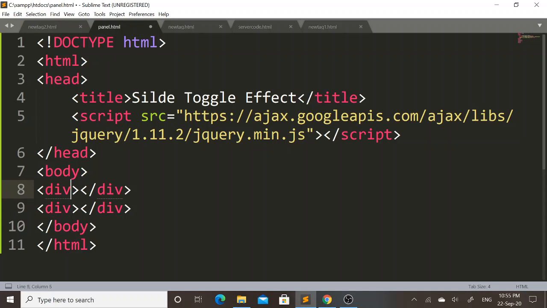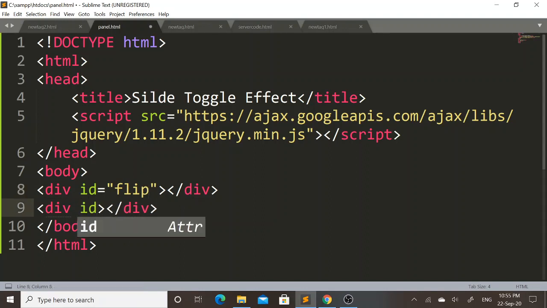In first division tag I will set ID selector as flip, and in second division tag I will set ID selector as panel.